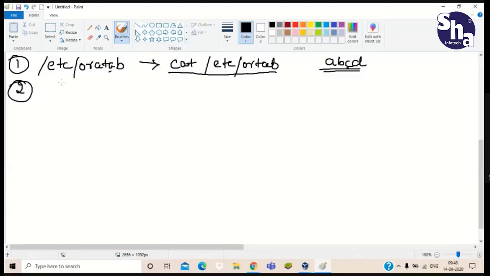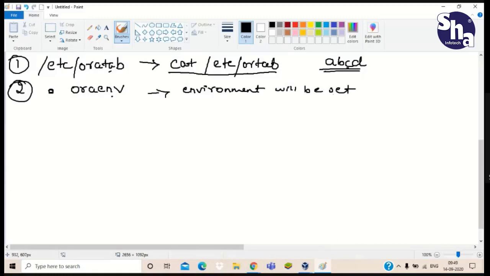Second step is that you have to set the environment. For setting the environment, you have to use the dot space oraenv command. If you execute this command, our environment variables will be set, meaning the Oracle environment will be set.